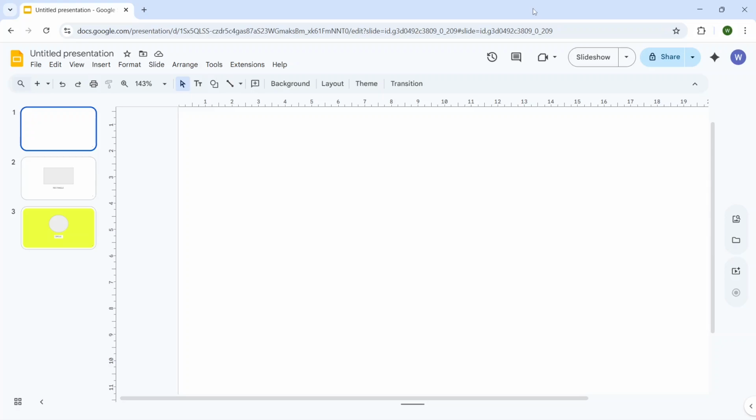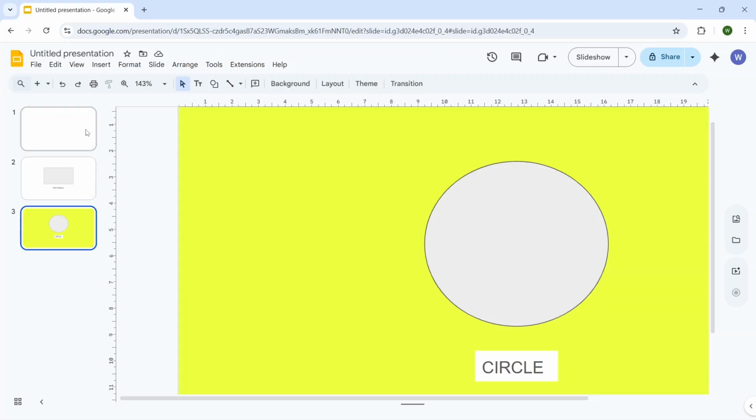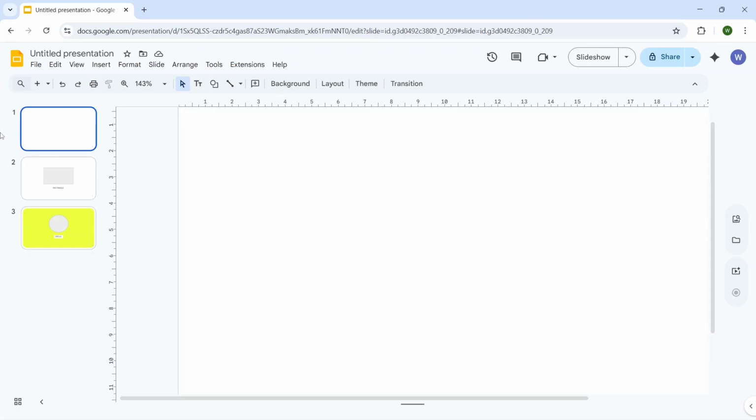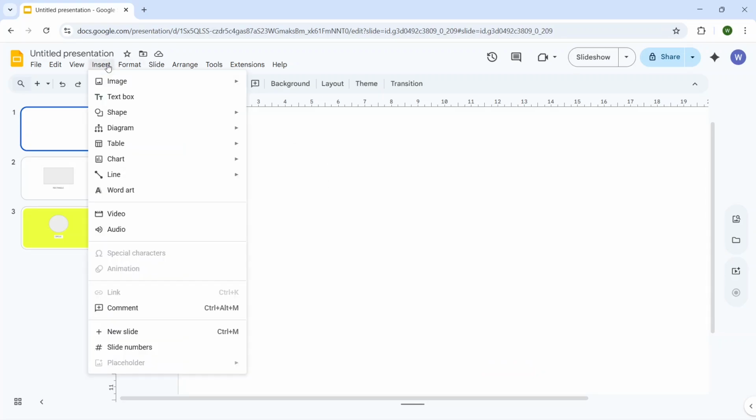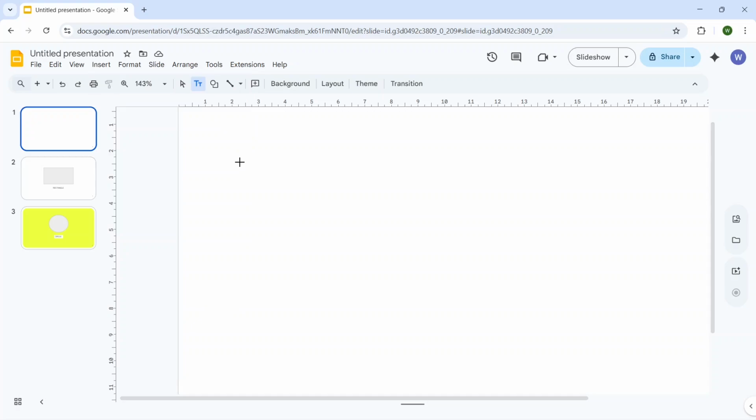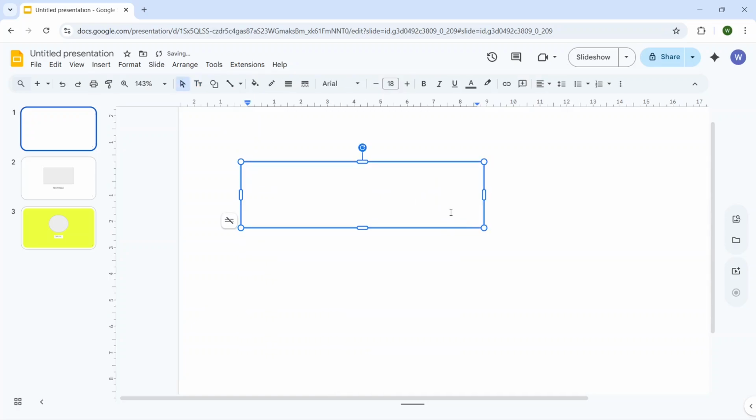So first we need to open our presentation, and after that we need to select the slide where we want to insert Subscript. So for example, I select the first slide and I go to the Insert tab and I click on Text box. Now I draw here a simple text box and I type here the text which I want to edit. So for example, I type here B1,